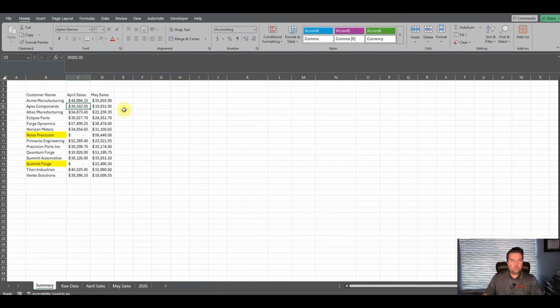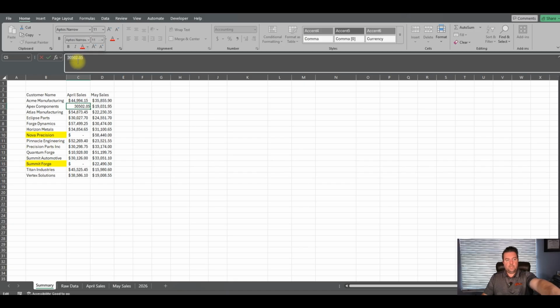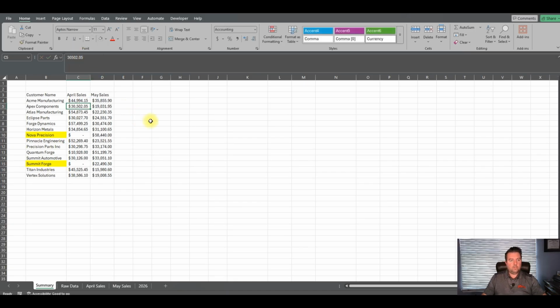Okay, boom. Now if you look at the input box at the top here, you'll notice that these ones are numbers, but now it's actually going to that sheet and pulling the value from that cell.